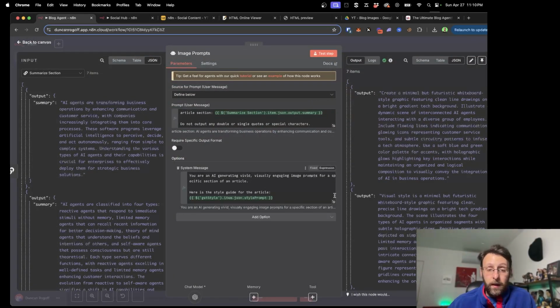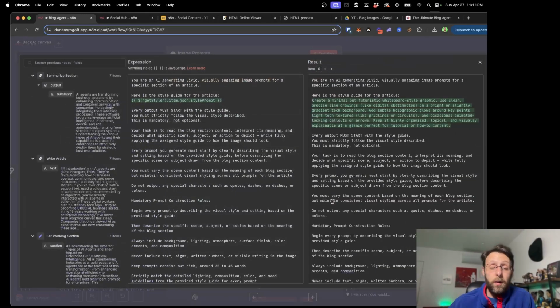And now you can see here, again, I'll start with the system message because I think this is important. This part took me a little bit of work to get right. The idea being that for every image in this article, it's going to fit the same style. But I did want the agent to be able to interpret what the subject of the image is. So the style is always going to be the same, consistent across the board. But of course, each section of the article is going to be about something slightly different. So what we're actually showing, like the subjects or the environment inside of the image,